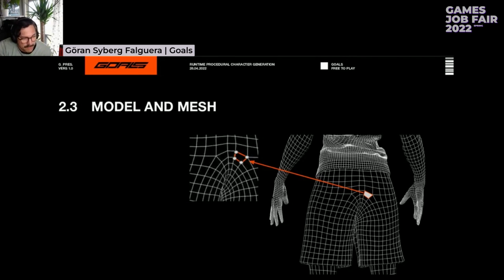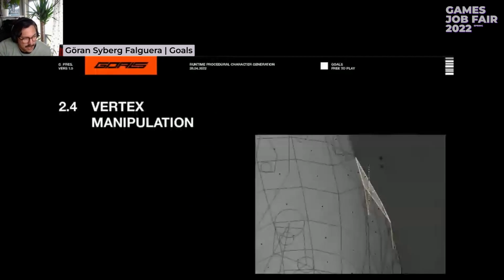So if we want to manipulate this mesh, we could simply move a vertex. All these vertices have points in space defined by a standard Cartesian coordinate system, usually, and you can just send a random number for moving this vertex. This will become very hard though, because you will have very unpredictable behavior, and your model or mesh will look